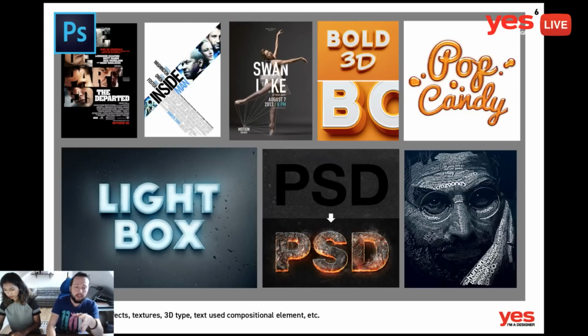portrait on the right, which is something where the text is not really to read it, it's just to create the composition. And again, similarly to the departed poster on the top left or the Swan Lake, where the text is still legible, but it's creating the composition. It's used as either a holding device or as an interacting element with the photograph. So these are the type of things where